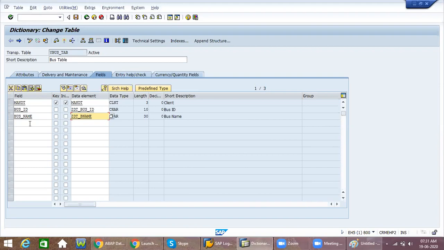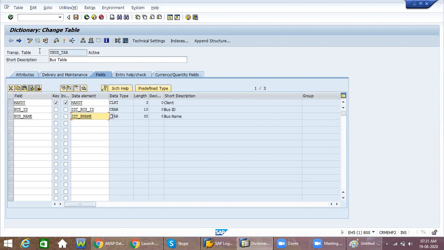Yes, sir. You told there are three different types of database table: transparent, pool, and cluster. Whatever we are using now, which table does it come under?